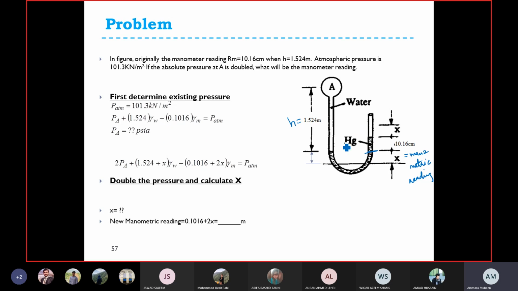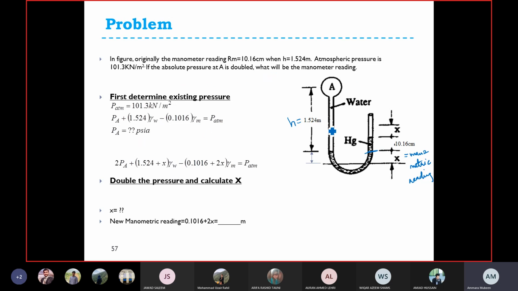The negative sign indicates that we are going upward in the tube. According to our sign convention, you have to put a negative sign, and then it is equal to P atmospheric. So this was the equation, and you'll get the absolute pressure using this equation. All the other parameters are known to you. Then they have asked you to find out the manometric reading when this absolute pressure